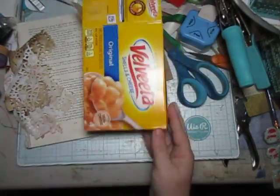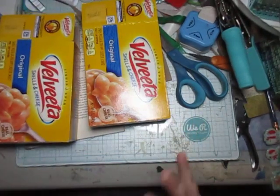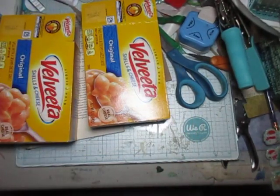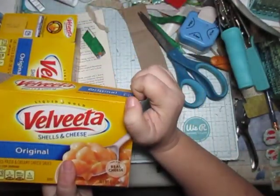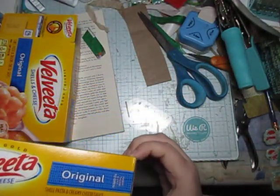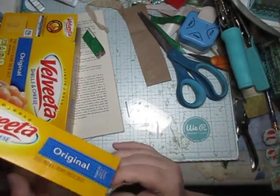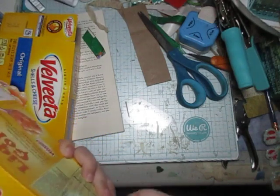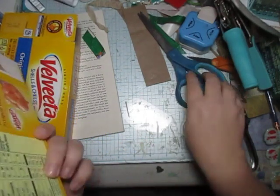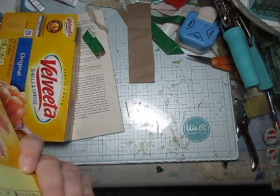Now I have some more boxes here that I, again, want to change up and make into journals too. So I figured I'd bring you along on this process of doing this. Not everybody likes reusing, but you know what? I find it's nice and easy and fun to do. To me, it doesn't really matter if this is